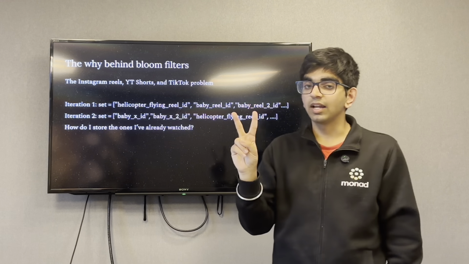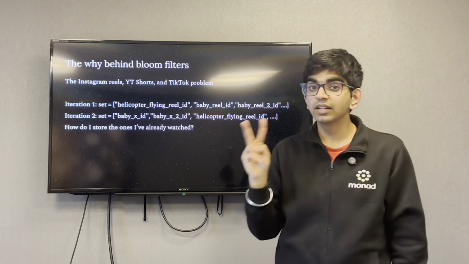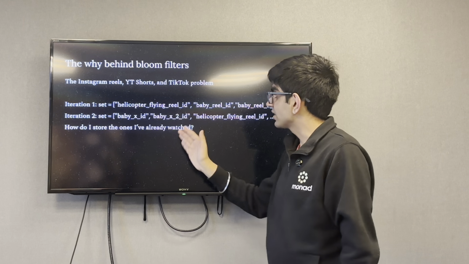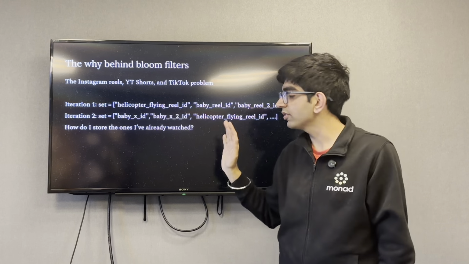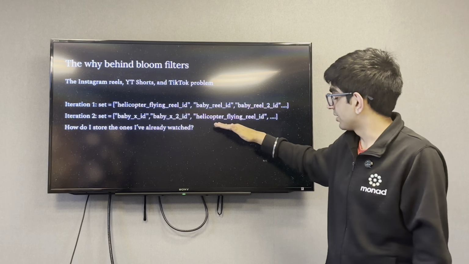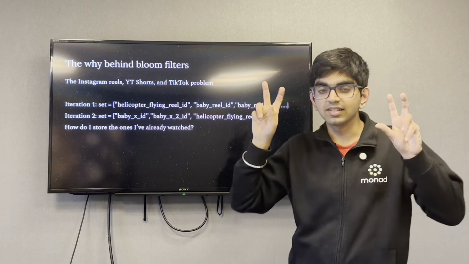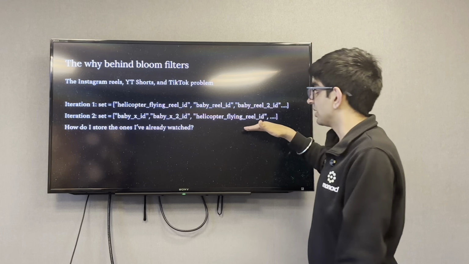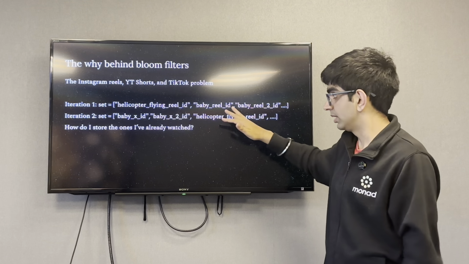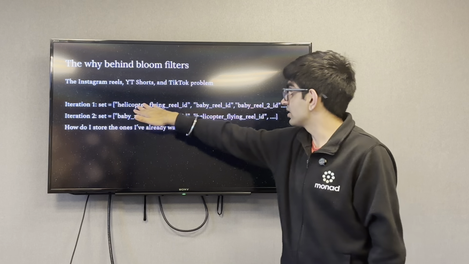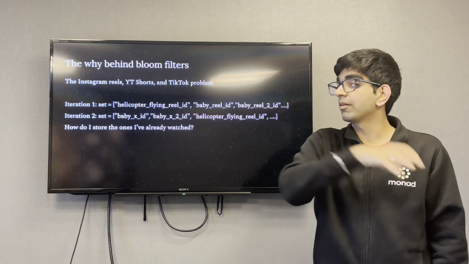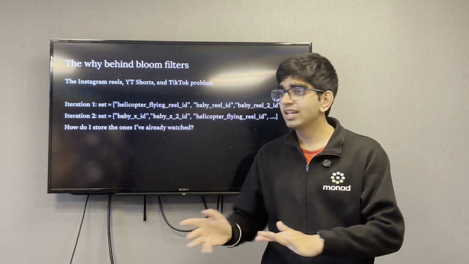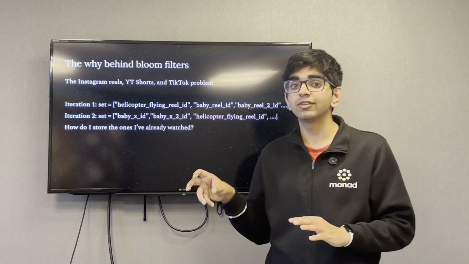And let's say the second time, essentially iteration two, when I open Instagram or TikTok, I see a baby X ID, a baby X2 ID. These are two different reels. But I also see again the helicopter flying reel ID. When I say see, I mean the recommendation engine has actually recommended these three reels the second time. If we look closely, this reel is the same as this reel, which means it has been recommended before. So the question is that the recommendation engine has no part to play in figuring out